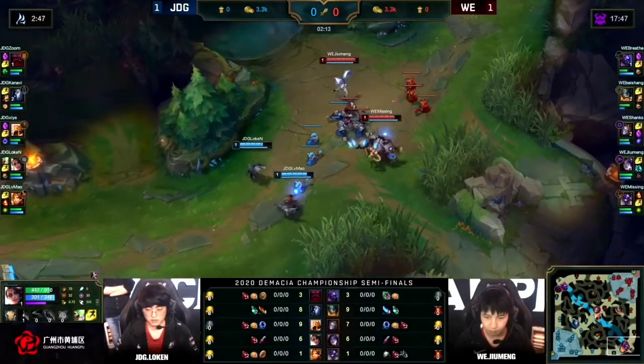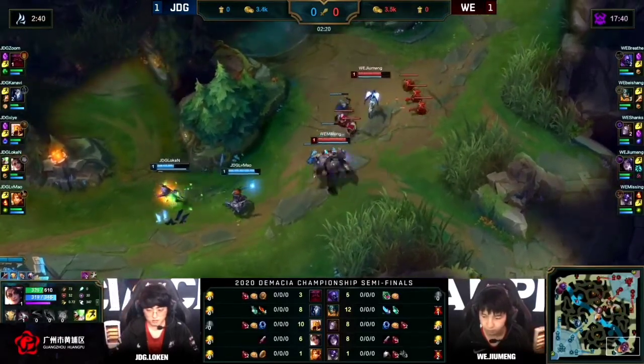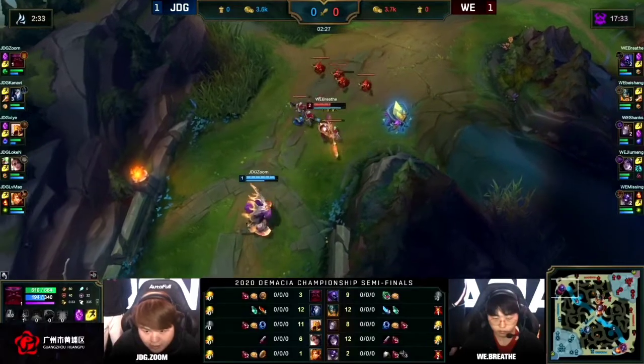It's really about who can avoid those ganks better, and I do have to give the upper hand to WE as they do have that deep ward on the red buff, so they're going to have a better idea of the timings that this Kindred is going to come down. Still need to be careful. We have seen in the past that despite